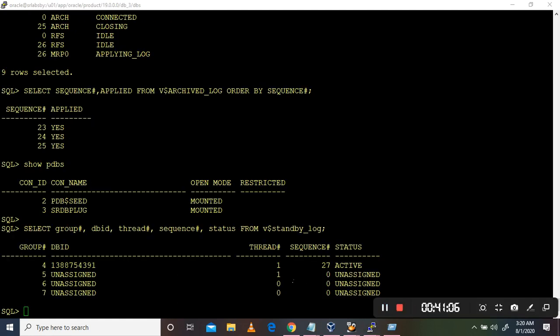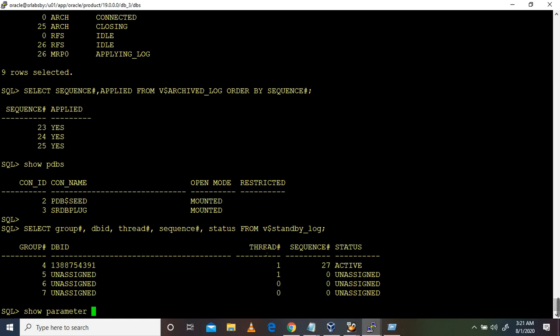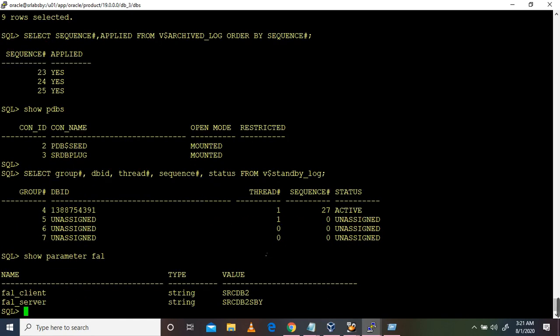We can check this query for the standby log, which is active and which is inactive. And also we need to change one thing here. For fal_client, it's going to be this one.